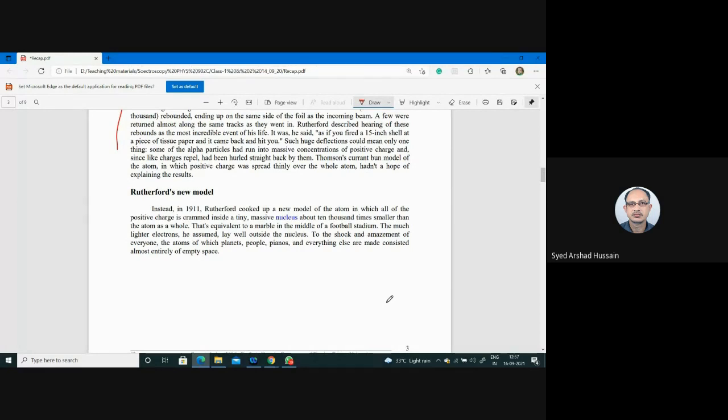And he assumed that this place or part where positive charge is concentrated is the nucleus, and electrons are well outside the nucleus. And this idea was accepted very well as soon as he suggested it. And the interesting or amazing fact to everyone is that